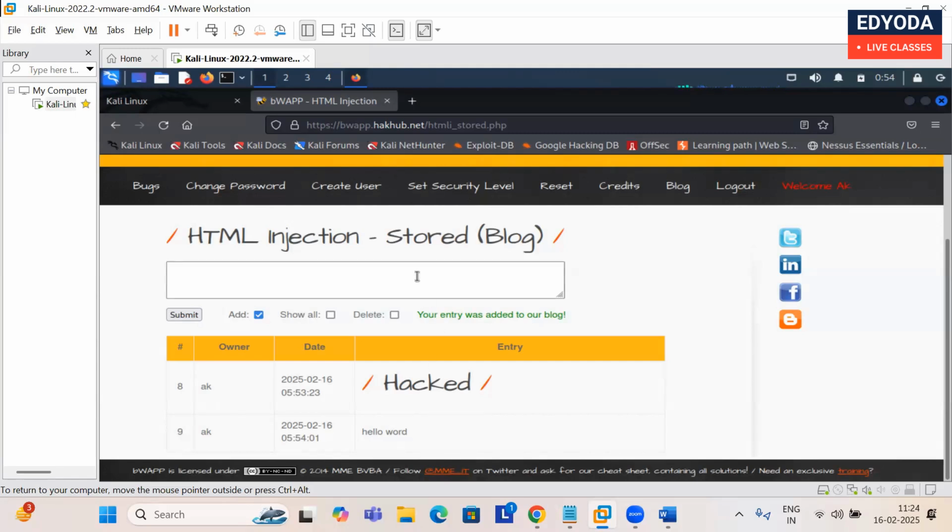So how can we prevent it? Just sanitize the user input, using a function called htmlspecialchars. This is a special characters function which, if you use it, provides input validation and sanitizes the user input. So it won't allow an attacker to inject any script in terms of these open and close tags, right?